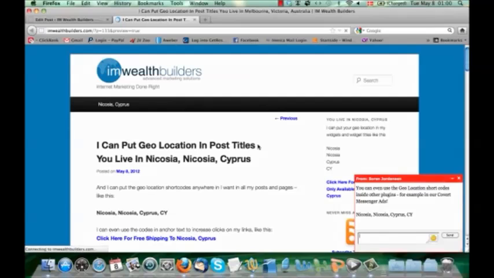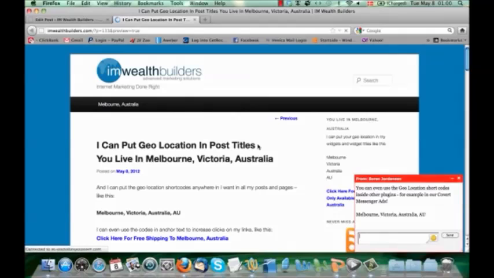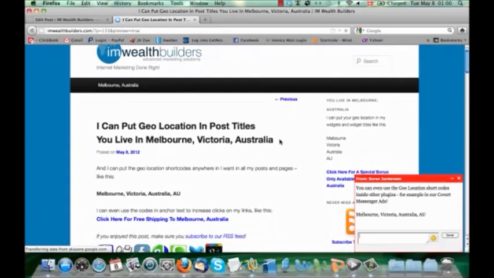I believe today it's actually resolving to a Melbourne IP, but we will see in a bit. So I'm just refreshing the page here, and it's loading up. And as you can see, our plugin has now determined that I'm in Melbourne, Victoria, Australia, which is put in here in the post title. Down here in the actual post, I had the shortcodes again for city Melbourne, state Victoria, country Australia, and the AU country code for Australia. Down here, I put the Melbourne, Australia inside the anchor text for a link.